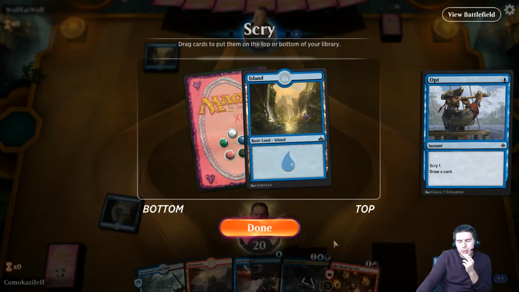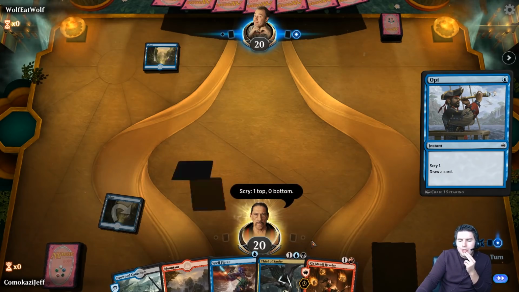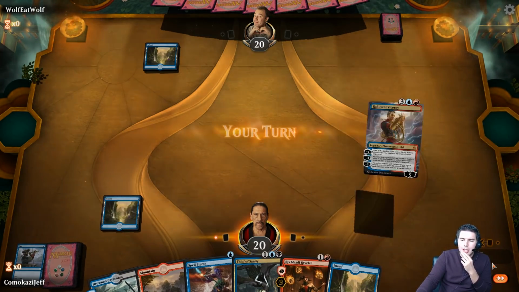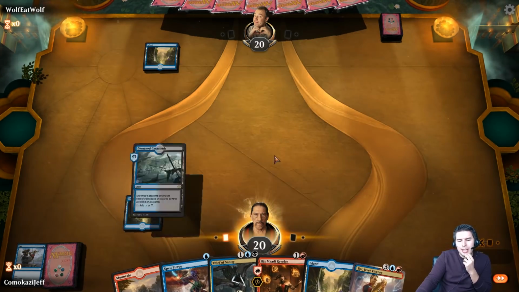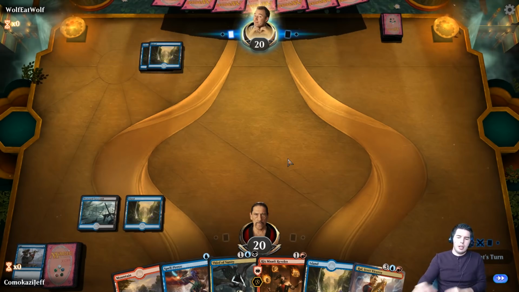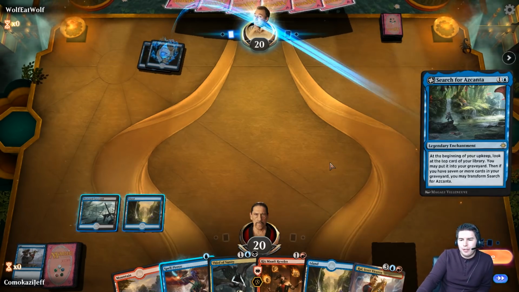Another island. Do we just want land at this point? With Thief of Sanity, I think we do. So we draw land, pass the turn. Yeah, that's what I was thinking, is that we're going to be wanting the land. So play Drowned Catacombs, pass the turn. We could have got down Rix to kind of cycle through, but...